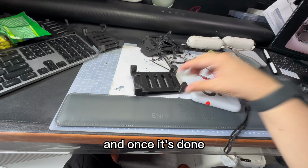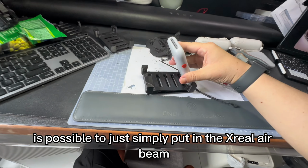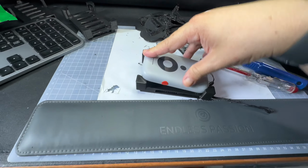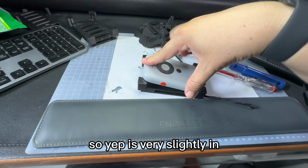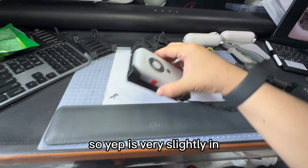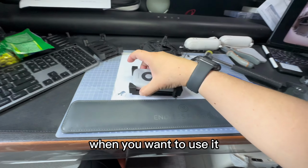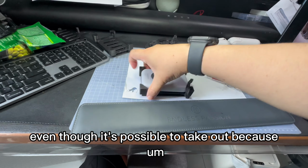And once it's done, it's possible to just simply put in the Xreal Beam. So yep, it's very snugly in. You do not need to actually take it out all the time when you want to use it, even though it's possible to take out, because